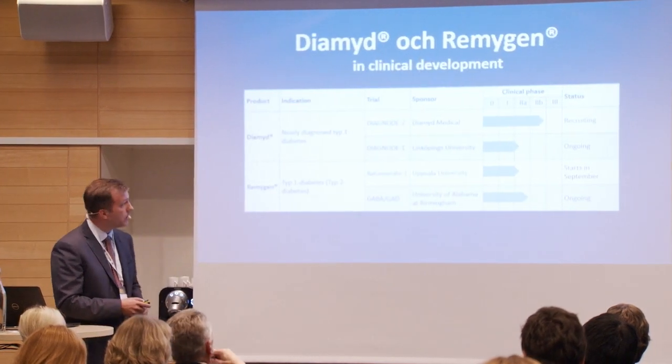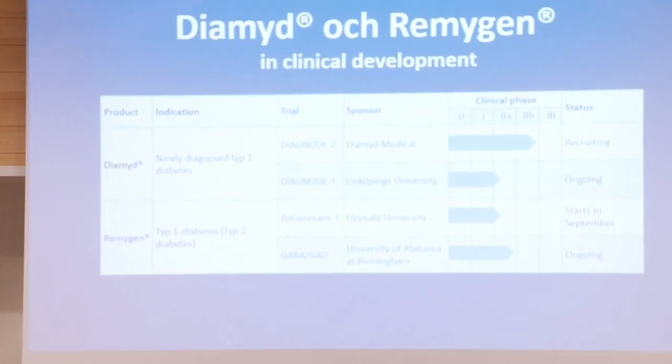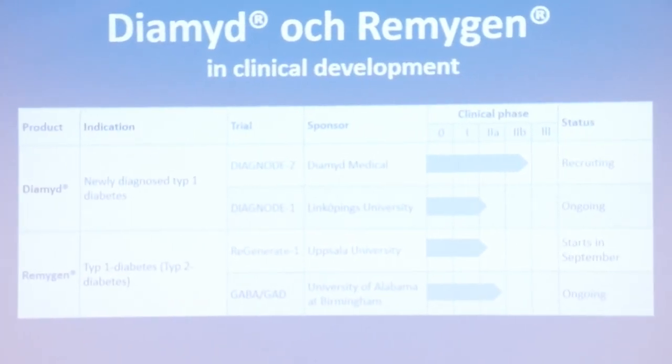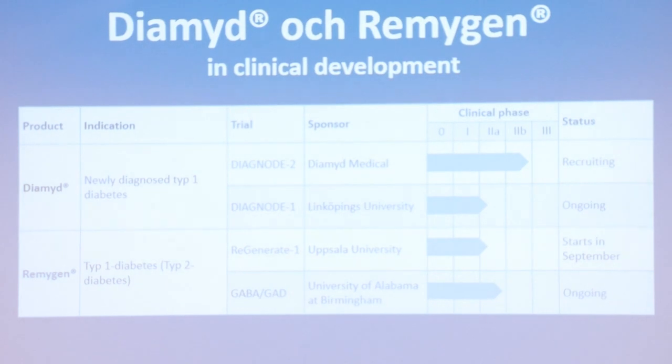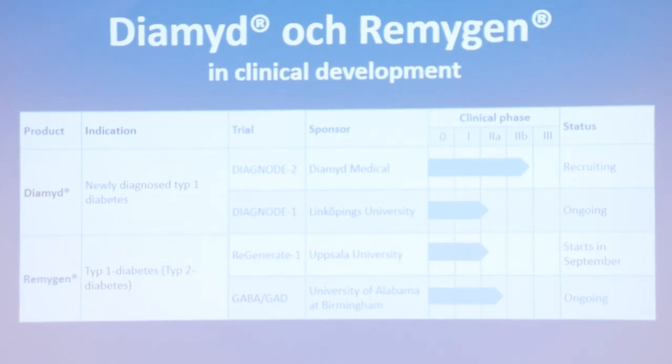Our clinical pipeline looks like this. So our two products, Diamyd, going into newly diagnosed type 1 diabetes. We have two trials. The phase 1, phase 2 trial, which I just showed the 15-month results from, which is still ongoing. It will have a total follow-up of 30 months. And then we have Diamyd 2, a phase 2b trial, which has started recruiting since November last year in Sweden,